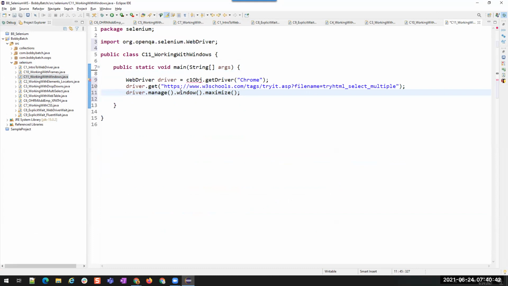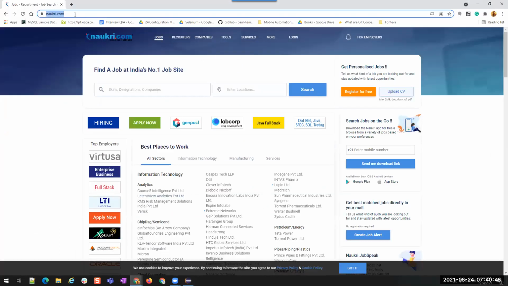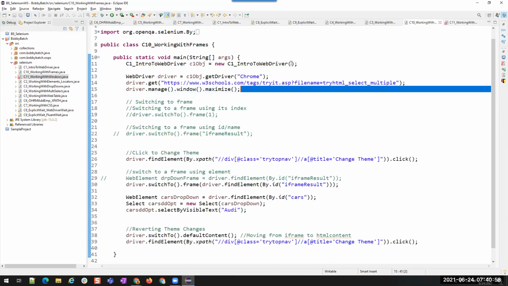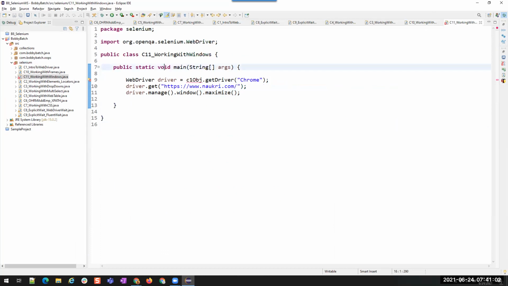But now I don't want to use this W3Schools URL. What is the URL that I want to go to? I want to go to Naukri.com. Copy the first line. Okay, now we are on the Naukri page and then we maximized it.